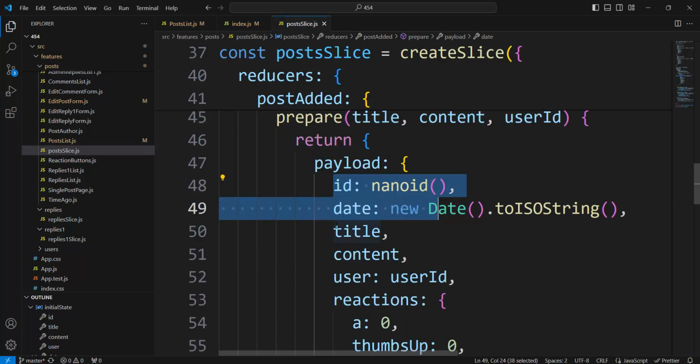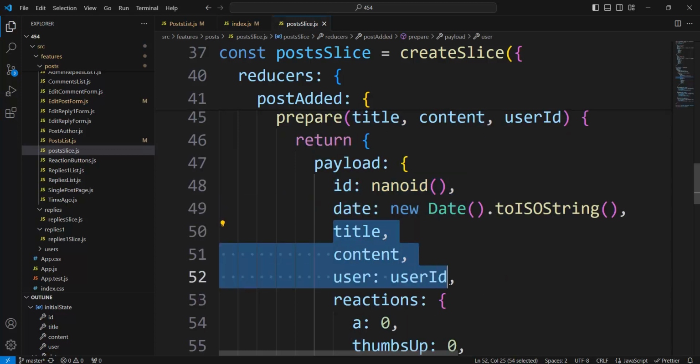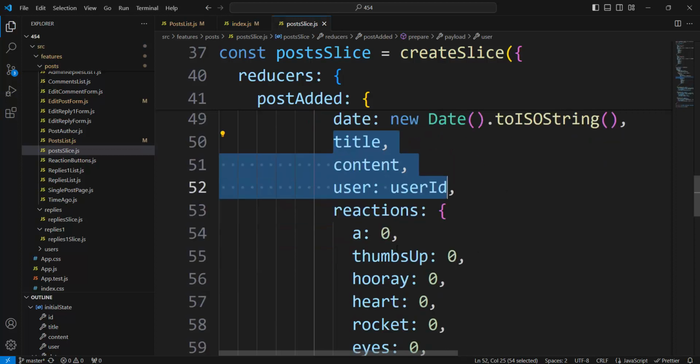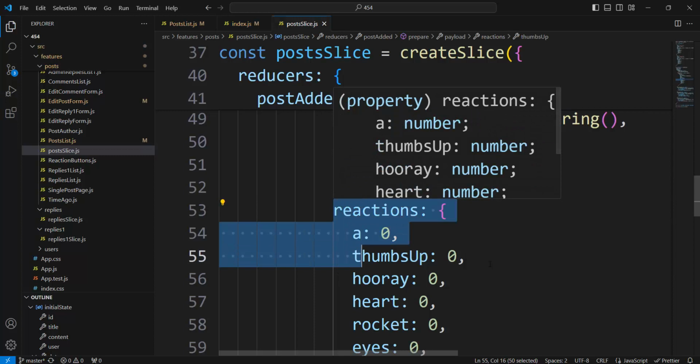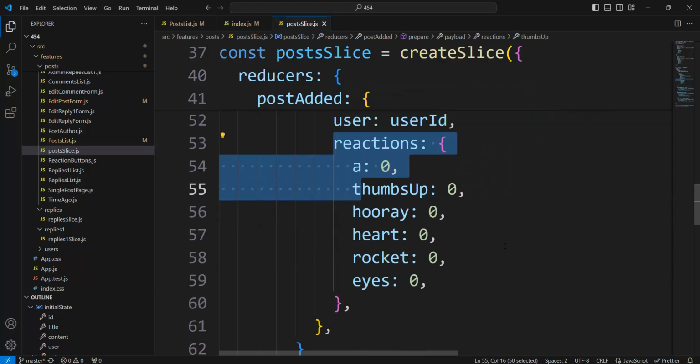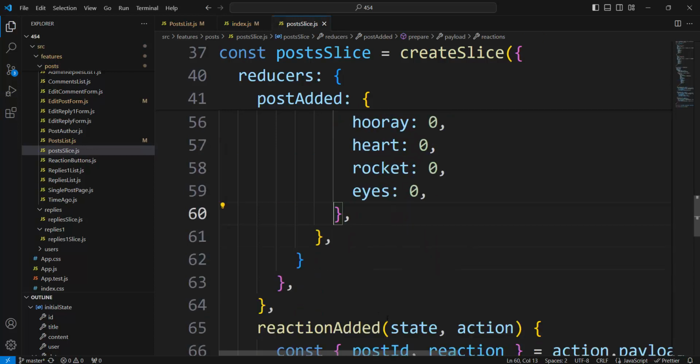And title, content, user ID is something we input through the form. And a reactions object is something automatically added, because here it is created, and would be added to every post. And here is finished. And it's all about